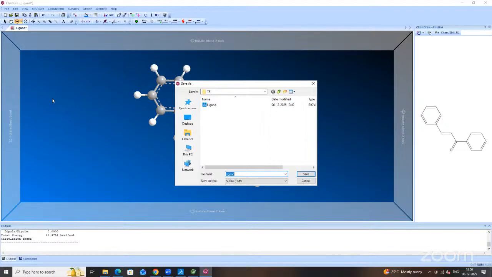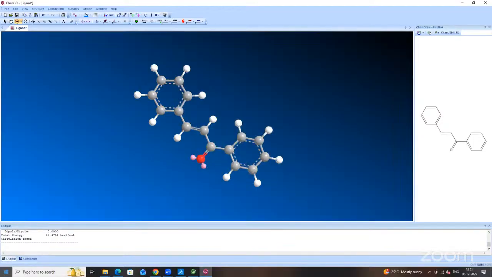Then we drew the structure of the desired compound in ChemDraw, then optimized it in ChemDraw 3D, and then saved it in SDF file format. And at last, as we require both files in PDB,